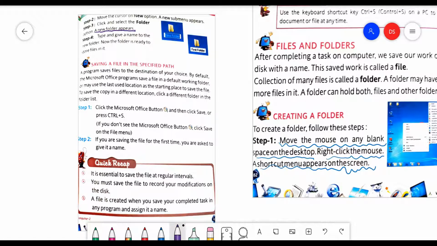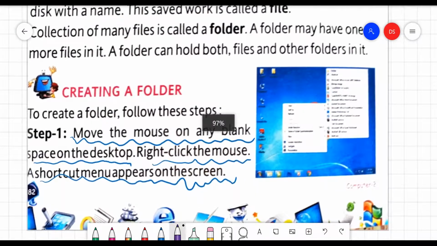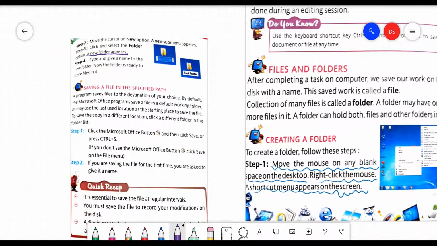First of all, you will right-click the mouse button on the desktop on any blank area. Then a window will open where there is a New option. Then you will click on New. Then you will find the Folder option. Then you will click on Folder. In Step 4, type and give a name to the new folder.